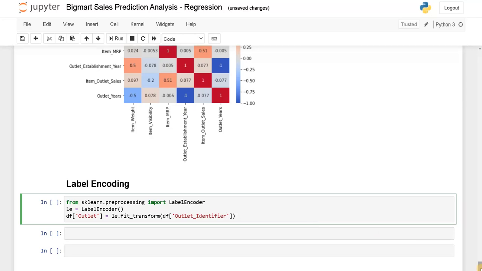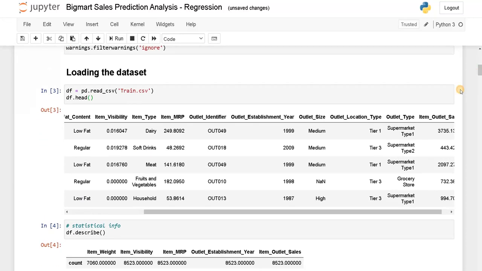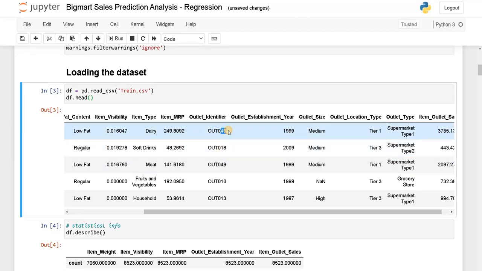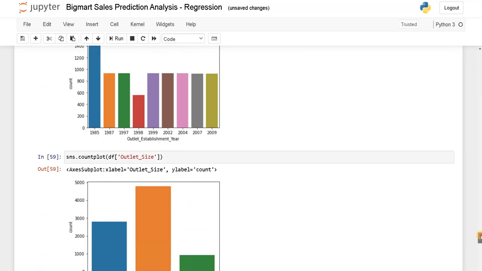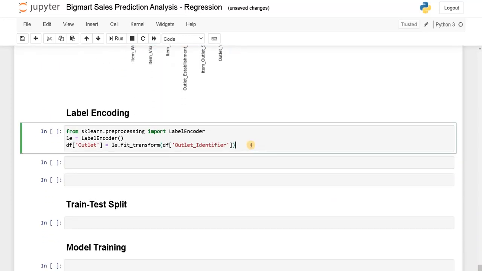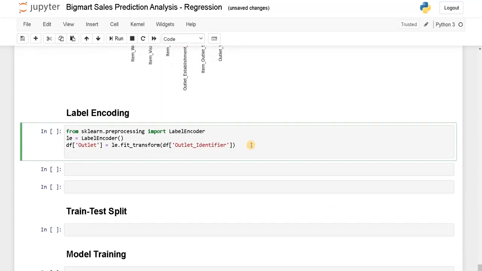This outlet identifier looks like OUT049, like that. We will convert that into numbers so the model can process it as a numerical value. Or you can just extract the last two numbers, but both are the same here. So we will just use label encoding. Okay, that is for outlet.